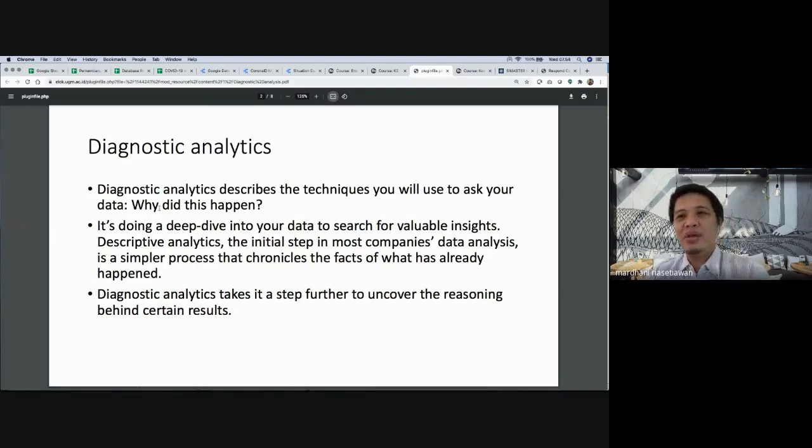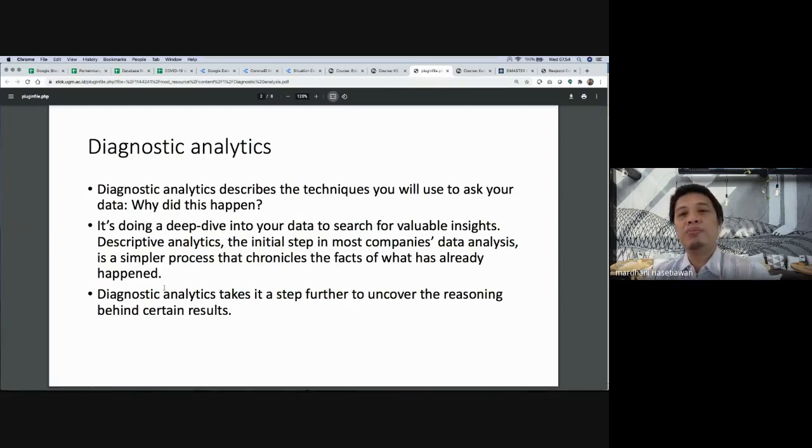So maybe you already have your score for your midsem. When you found that number from the academic office, I already submitted last week, you will also have this question: why do I have that number? It's actually the same. You need to do the deep dive. Maybe you will ask me, why, Pak Mardhani, why do I have this score? I'm not satisfied. So I will show you the detail, and then you will reflect by yourself. Why in the task do I only have, for example, 60 points? Why in the midterm do I only have this point? So you will reflect on what the reasons are. So that will be within the diagnostic analytics.